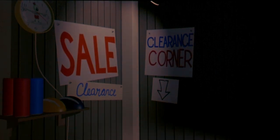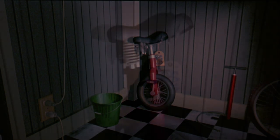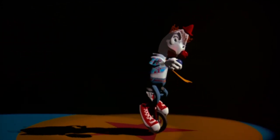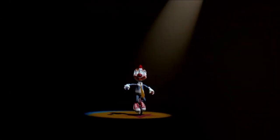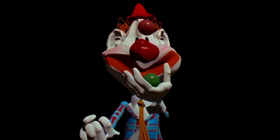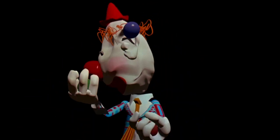I rode a lot, and I built a bike because it was a really complicated model, and I could work on things like the spokes and all the parts and get them right. And so I was seeing the bike and the rain happening, and then I came up with the idea to take the clown idea and bookend it with these beautiful images of this city at night in the rain. And so it came up with the idea of having the bike shop where in the back was this little unicycle